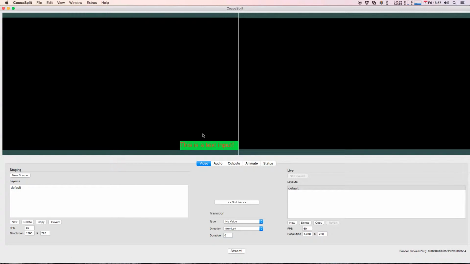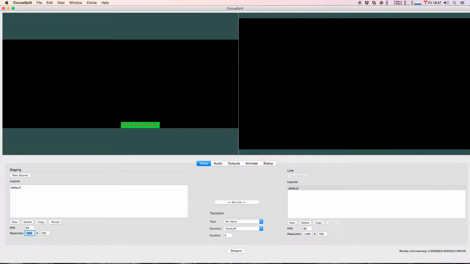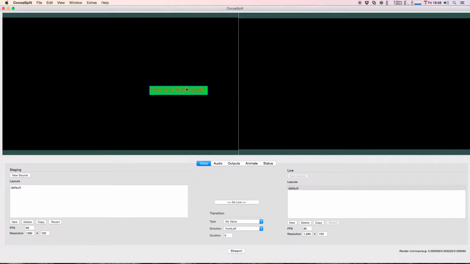Looks okay, but the problem you would have is if you ever resized this layout, it's no longer pinned to the bottom right, because the positions are just XY coordinate pixel values, and when you resize the layout, it doesn't change those values in any of the inputs, so it stays at the same value, but obviously you've got a lot more layout because you've made it larger. So to make something like this easier,